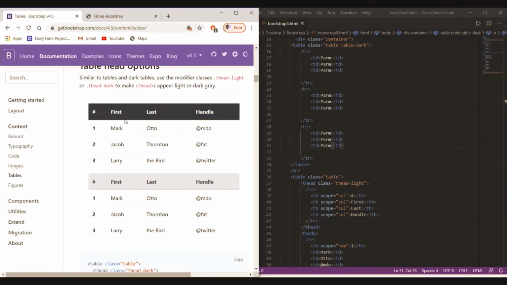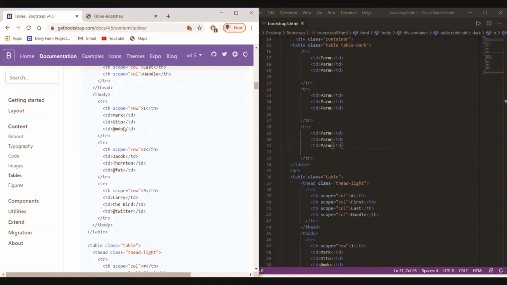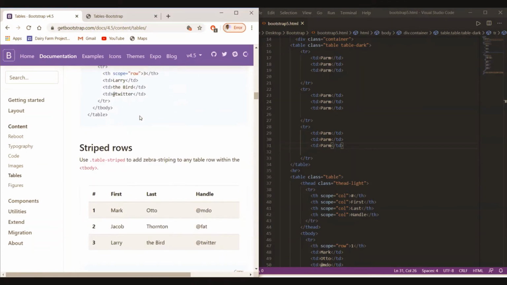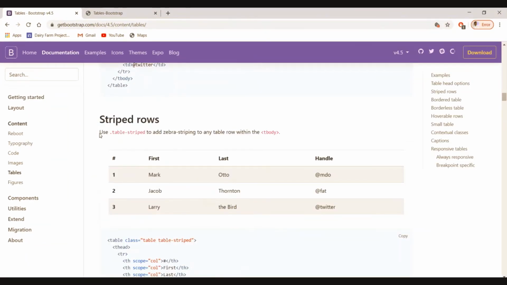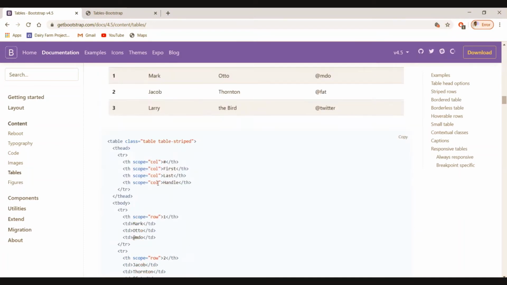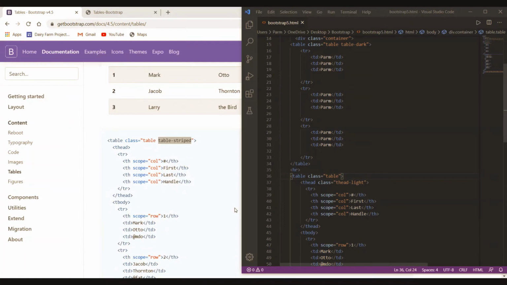Similarly, after the table head options, dark and light, we can make the striped row. Use table striped to add zebra striping to any table. To add striping of rows, here we go with the table striped class.